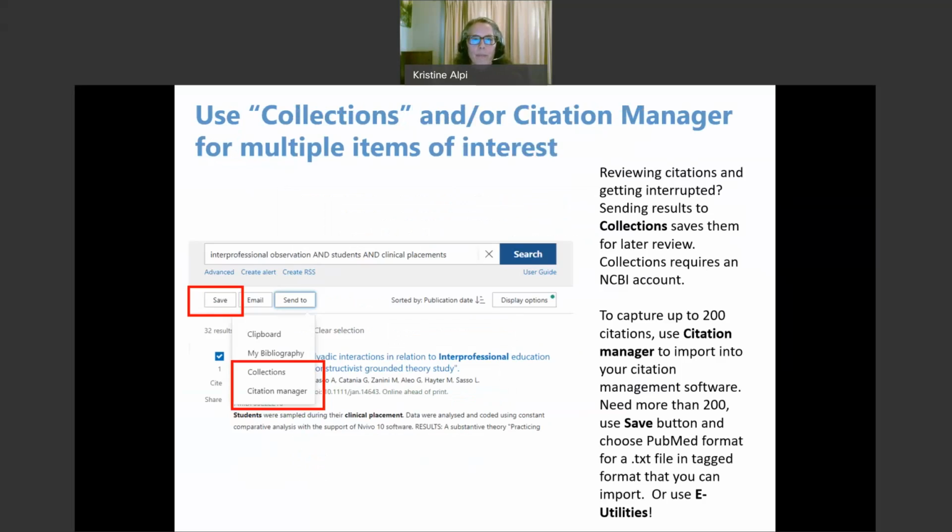Another useful feature in PubMed that does require an NCBI account is the ability to save to collections. And I think this is particularly important for folks who get interrupted when they're reviewing their citations. PubMed does not leave your search results available forever. And so if you know you're likely to get interrupted, you're sharing a computer, one of the things you can do is take your search results and save them to a collection so that you can review them later, especially if you've already gone through a large result set and identified several that are relevant and you don't want to